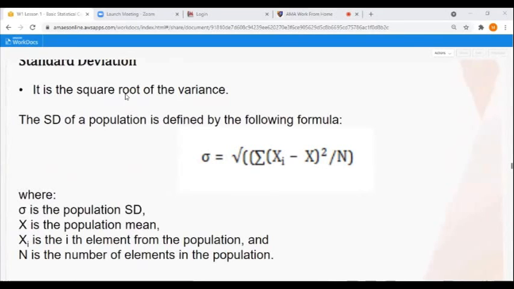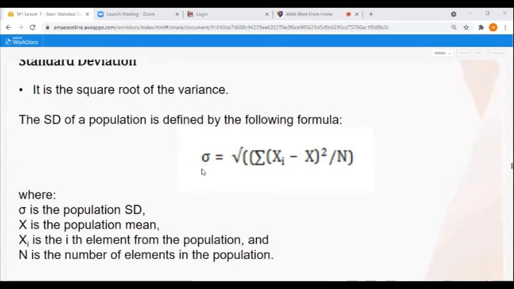As mentioned in the definition, your standard deviation is the square root of your variance. Okay? So this is the symbol for standard deviation for population. And the symbol for standard deviation for sample is S. So you extract the square root of S squared, and that is simply S. Okay? And now we proceed to the